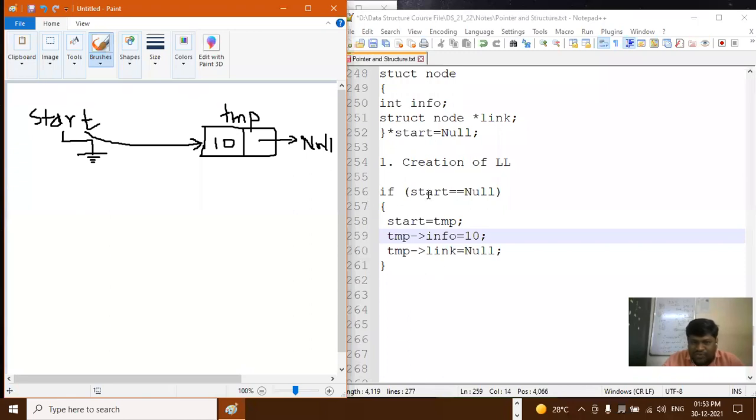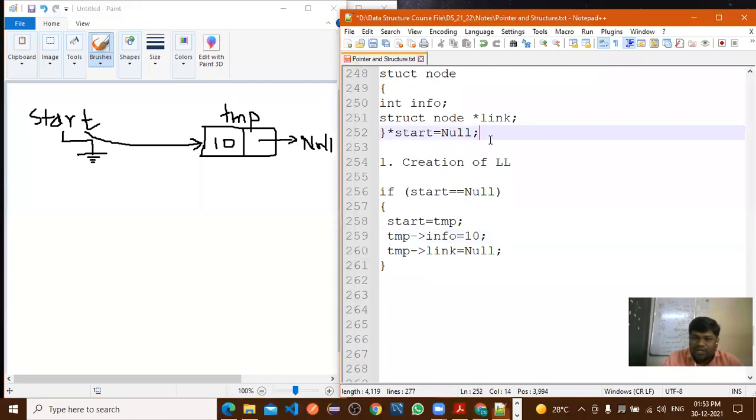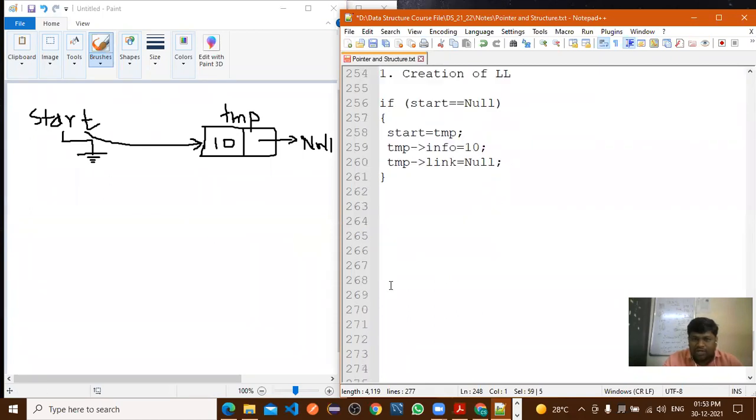Now here the first node you have created, right? Before that you have created this struct node, right? And with the help of that struct node, if you want to insert the first value, that will be inserted by using the create operation, right? Now once you have created, this is the first node. Now we'll see in detail how the creation operation is done. First we'll see the basic concept, how it is working, right?